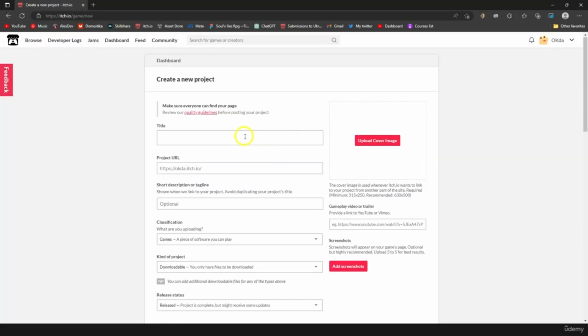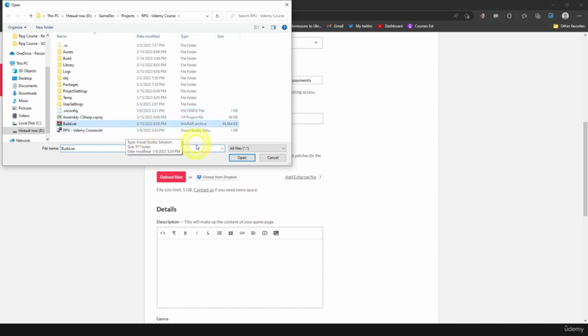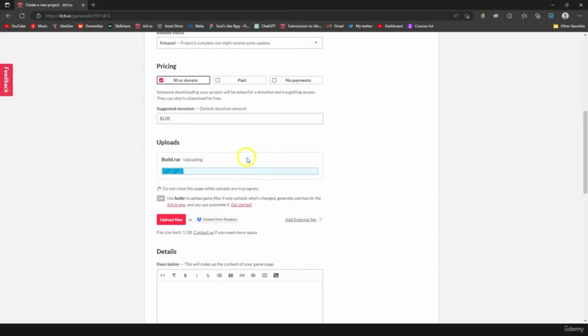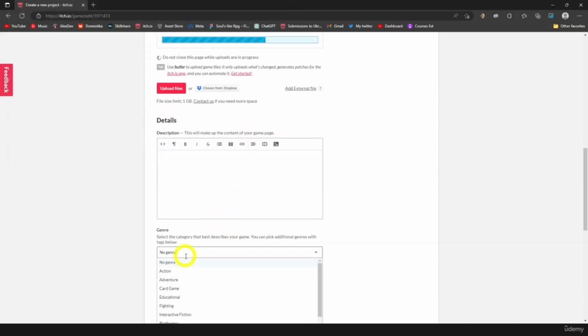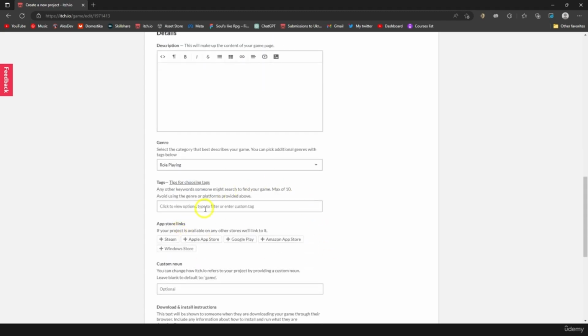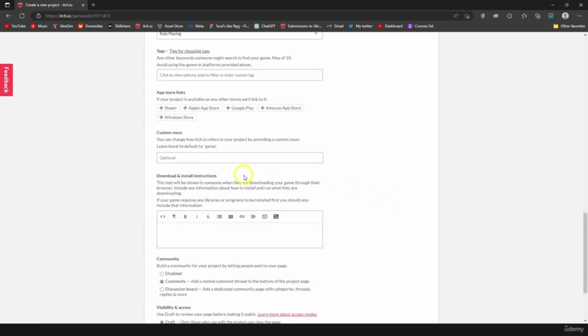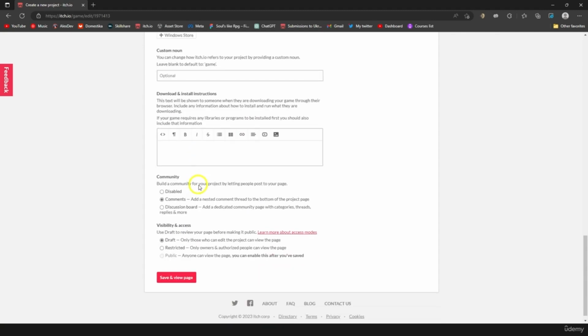I need to provide a title, okay, RPG game, new game. Let's try again. Take your archive, upload, you can add details, genre of the game, right? I'll choose role-playing, and some other tags to make your game more attractive, instructions if you need to give them,